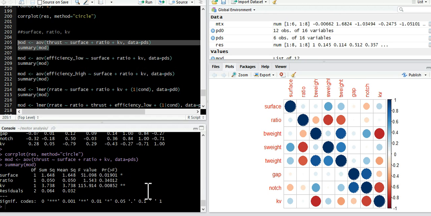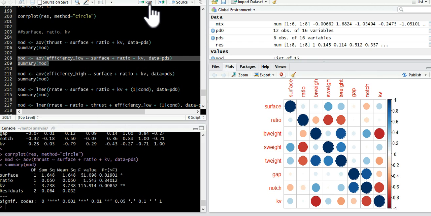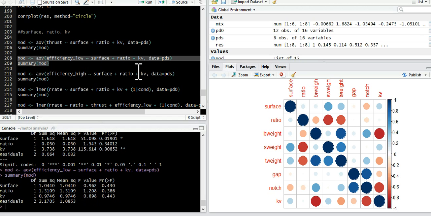The higher the kV, the bigger the thrust. Makes sense, good. Things got a little bit more interesting when we started looking at efficiency. With efficiency, I was a little bit surprised that we got nothing out of it. That may be just because we're underpowered here, and maybe there are confounding variables, because I would have expected kV to probably pop out here, but our only motor that we used